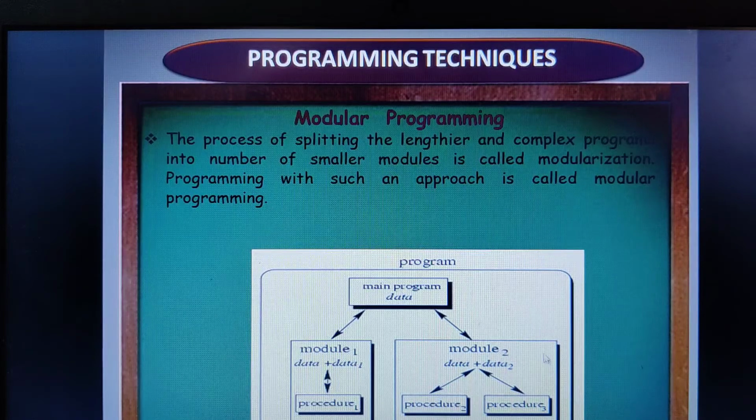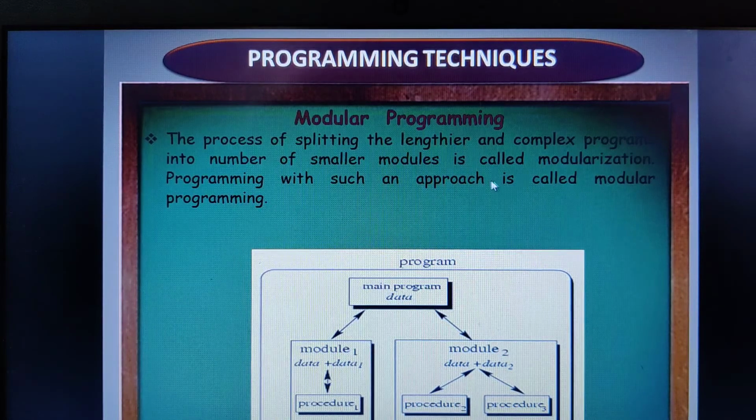Splitting up or dividing this entire linear and complex program into smaller modules, we call modular programming. This method or process we call modularization. I hope you are able to understand.